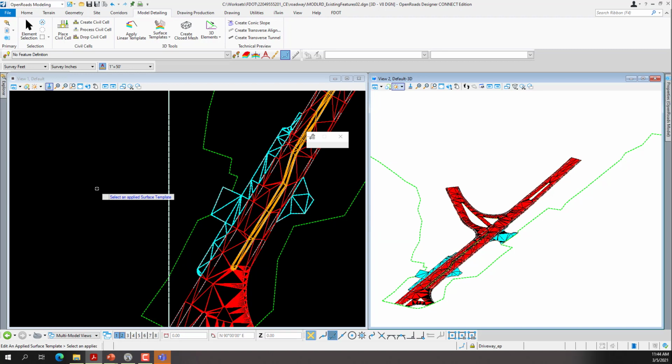So let's go back to, I'll hit escape to get out of the tool. So in exercise 1.9, add curbs to existing features. In this exercise, a model of the existing curbs will be developed in order to use Civil tools to create the existing curb model. Open roads elements will need to be changed to Civil features. Linear templates will then be applied to the feature elements to generate the depth needed for the curbs. So what this is meaning is we will zoom in,